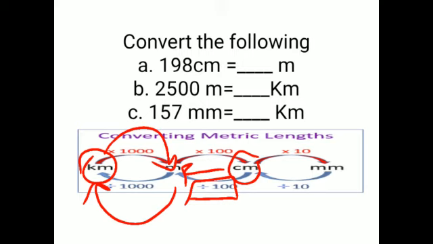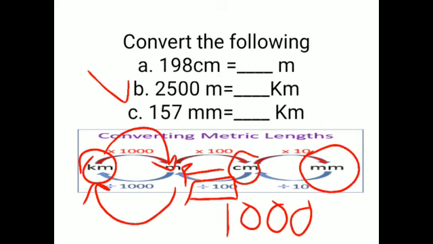Oh, sorry, the factor is 1000. So 2500 meters will be divided by 1000 to get kilometers. Now again, millimeters into kilometers. Millimeters and kilometers are converted with the connection